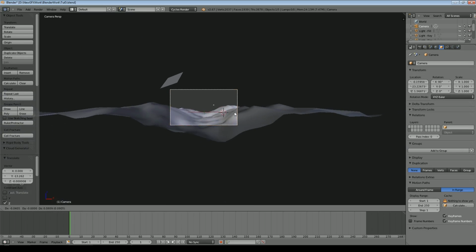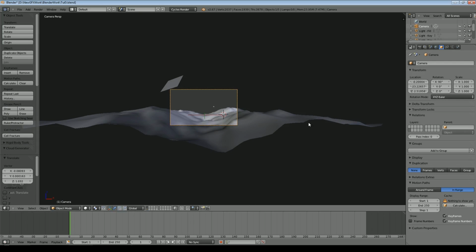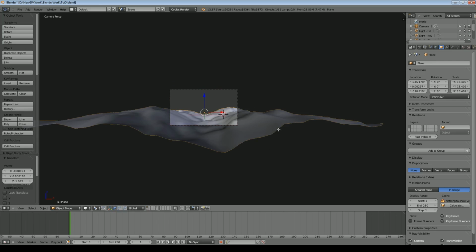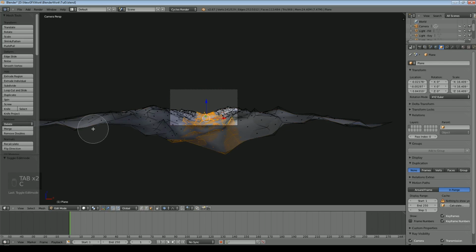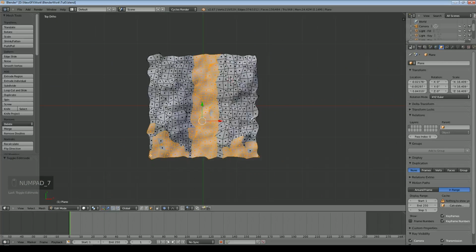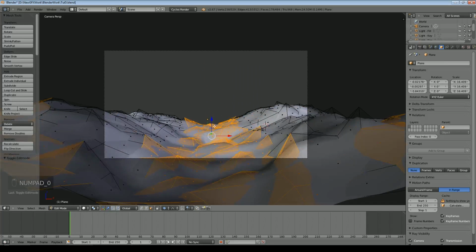So I'll raise it up a little bit. So here, for example, and here, I really don't need trees. So I can also select all those areas. Don't go too close to the camera, because otherwise you'll take away too many. So I'll now look above. Just finish those selections. So the camera can see this area where there won't be any trees, and it can't see these areas, so there's no point in having trees there.